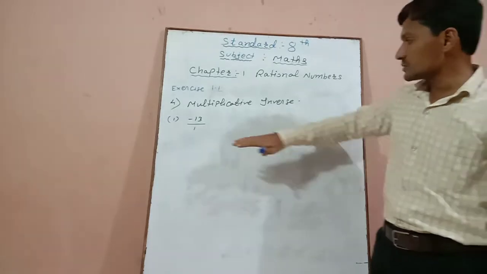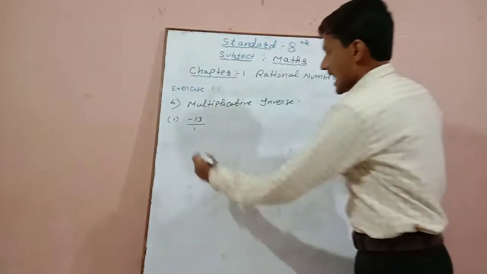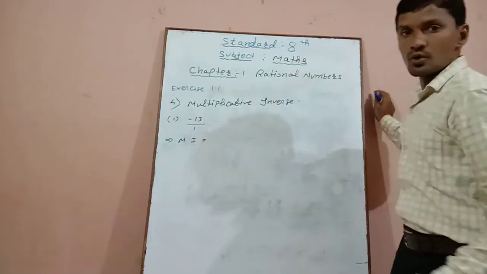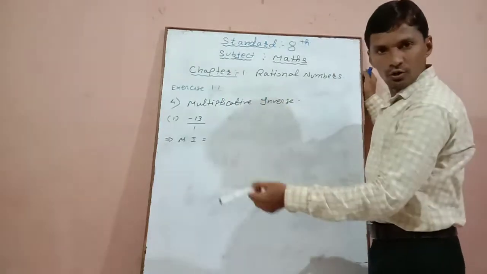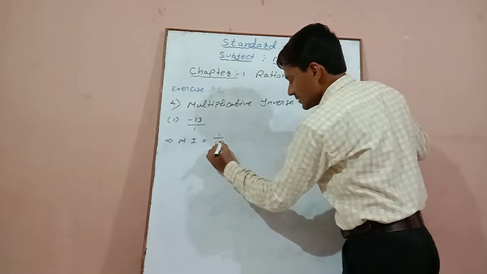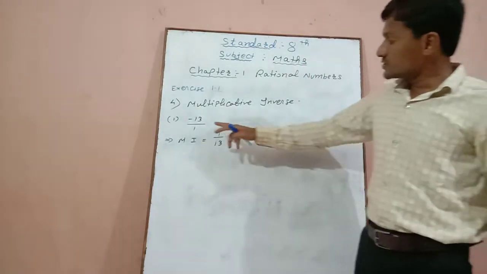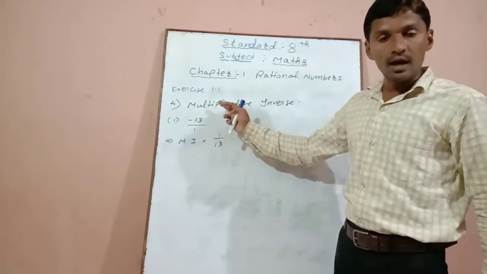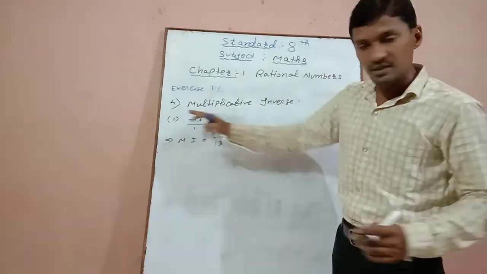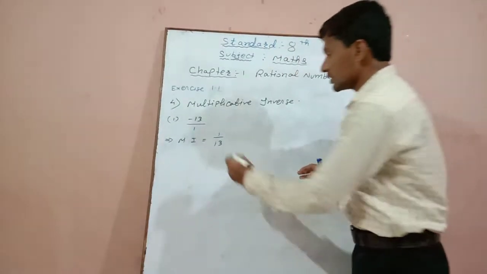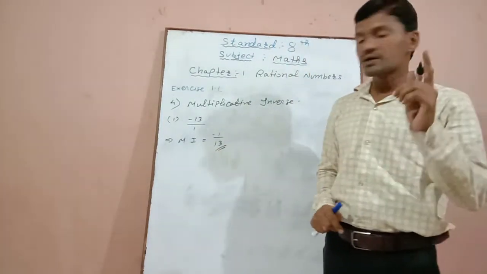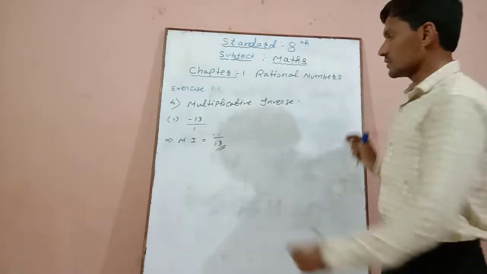Now multiplicative inverse means we have to invert this, so the answer will be: multiplicative inverse is equal to, numerator will become denominator, denominator will become numerator. So the answer will be 1 divided by 13. Now we have changed the denominator into numerator and numerator into denominator, but the sign will stay as it is on the numerator side. So here also it will be on the numerator side. That means this answer is minus 1 divided by 13. This is the multiplicative inverse. Second one